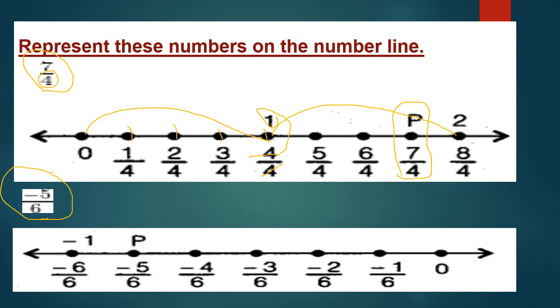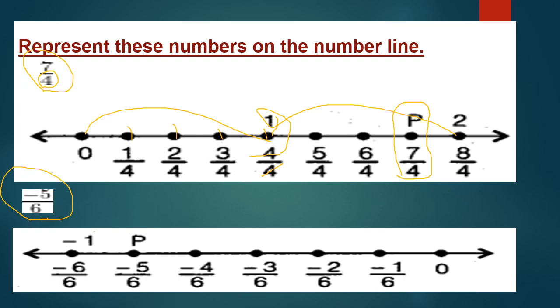See, between 0 and 1 we want to make 4 equal divisions. That means, see, this is the first part, second part, third part and this one is the fourth part. In this case also, this is the first part, second part, third part and fourth part. So here the first part is represented by 1 by 4, second part as 2 by 4, 3 by 4, 4 by 4, 5 by 4, 6 by 4, 7 by 4, 8 by 4. So we got the 8 by 4 here.